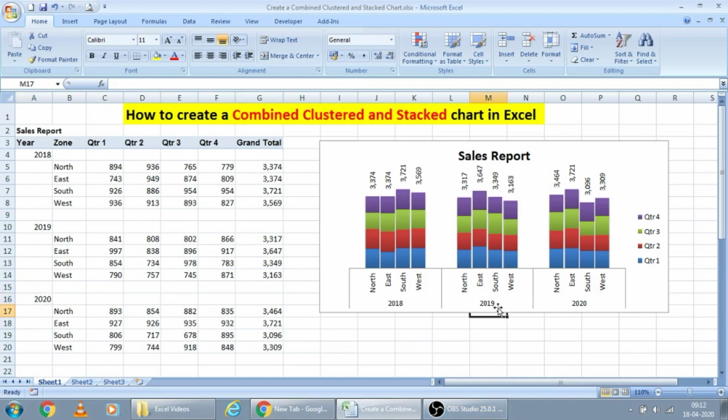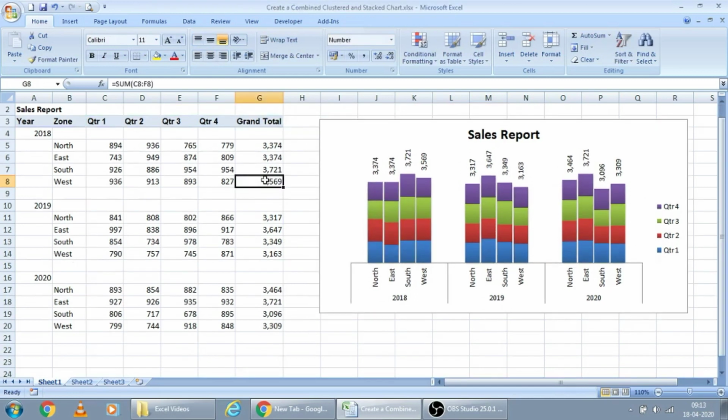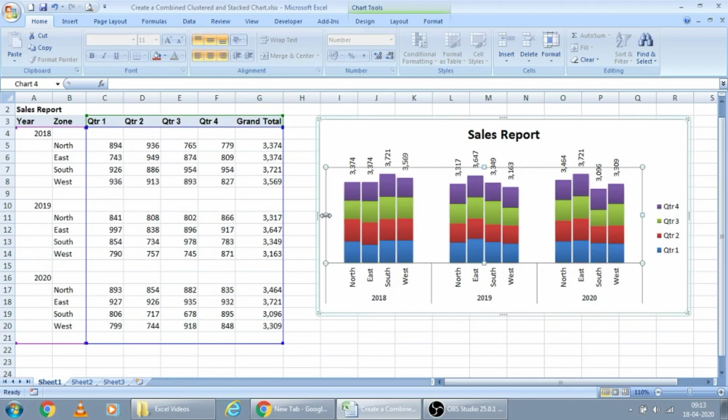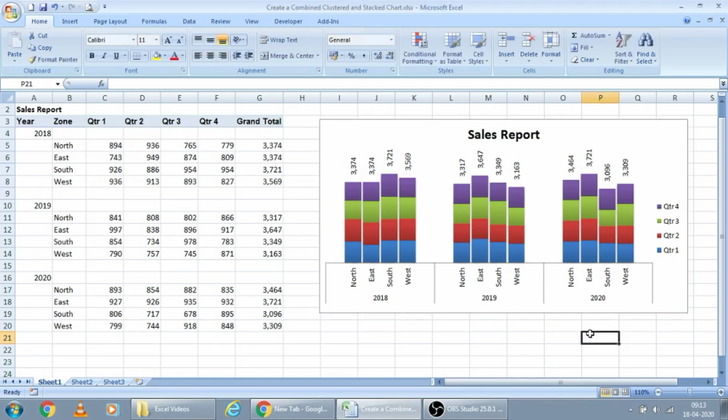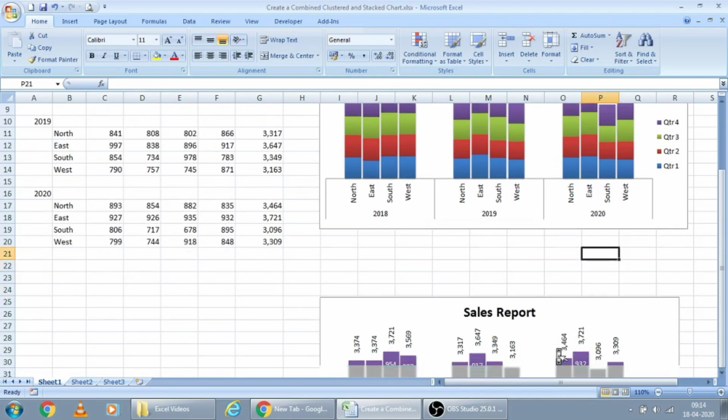Increase the chart a little bit here, and we want to utilize the full space in the chart. I am also dragging this side. With this, we have almost replicated our original chart shown in the beginning.